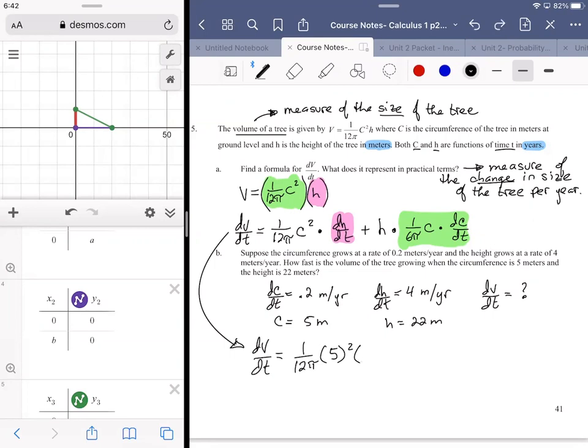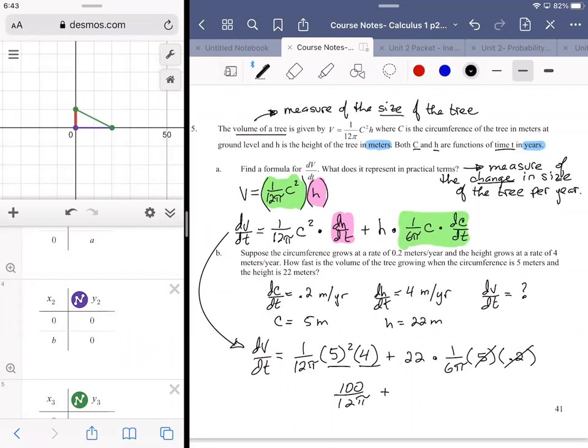Sorry, the dH/dt was 4, plus 22 times 1 over 6 pi times C, which is 5, times dC/dt, which is 0.2. All right. 0.2 is the same as 1/5. 1/5 of 5 is 1, so these cancel out. So 5 squared is 25, times 4 is 100. So 100 over 12 pi